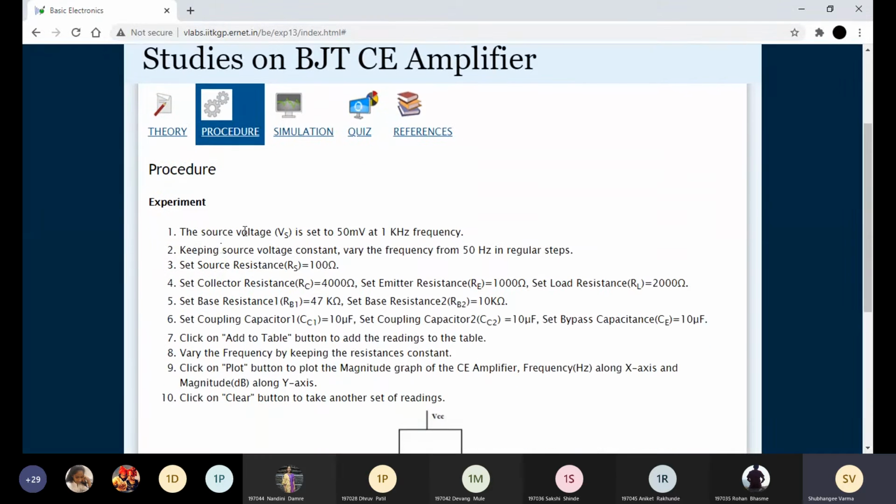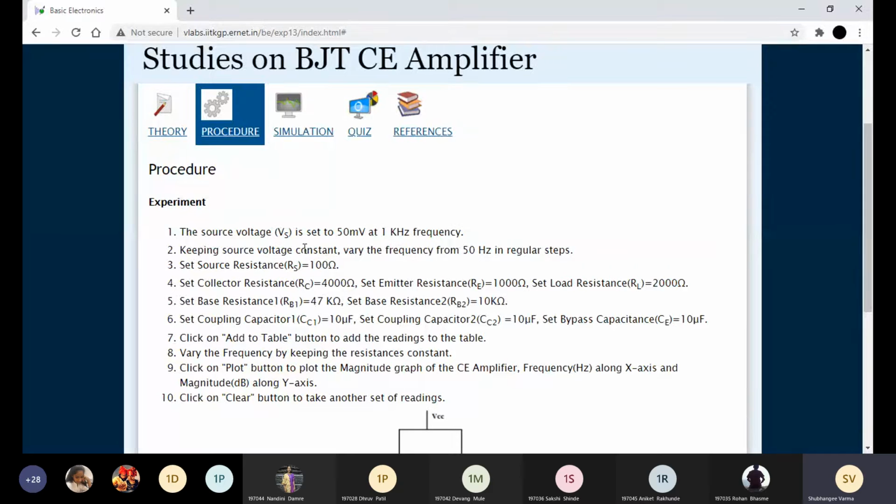In the procedure, we are going to set the input voltage 50 millivolt at 1 kilohertz frequency, and we are going to keep this source voltage constant and change the frequency from 50 hertz up to the maximum value.